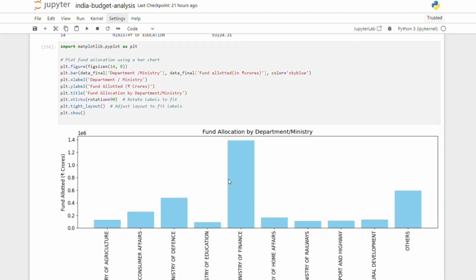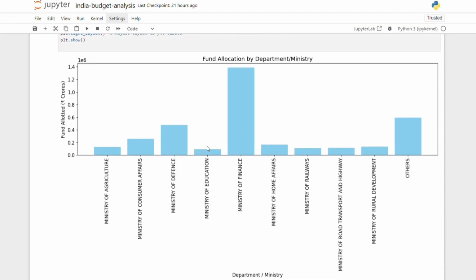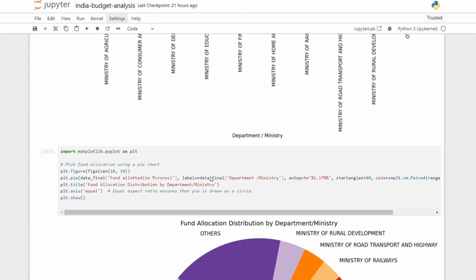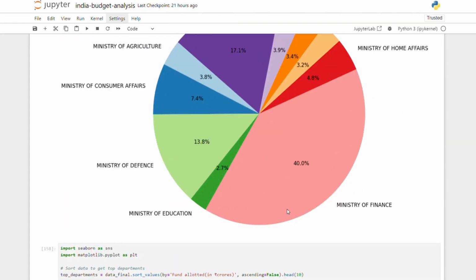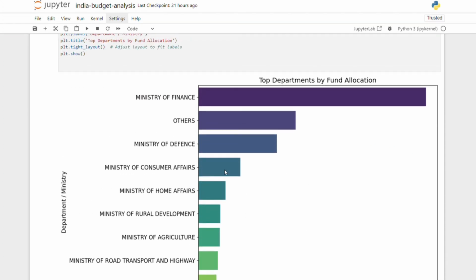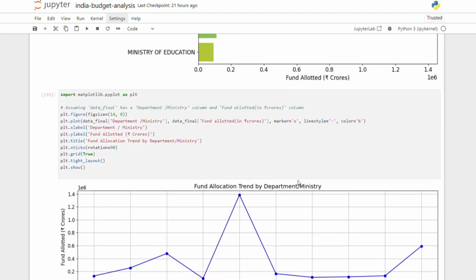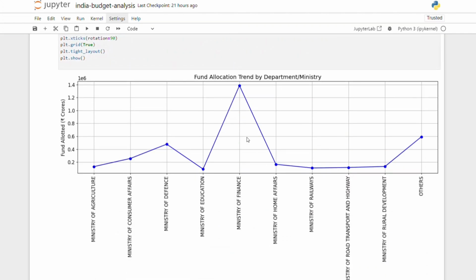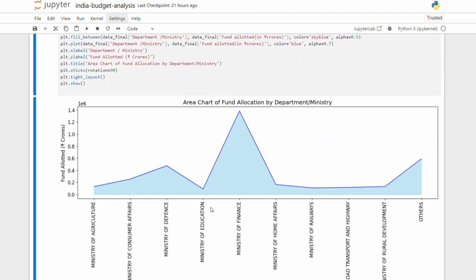So again we are summarizing that the bar chart shows the individual department allocation and the pie chart illustrates the proportional distribution of funds. Then the top department bar chart highlights the departments with the highest fund allocation. Then the line graph displays the trend of fund allocation across departments.